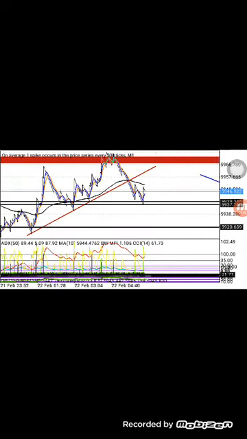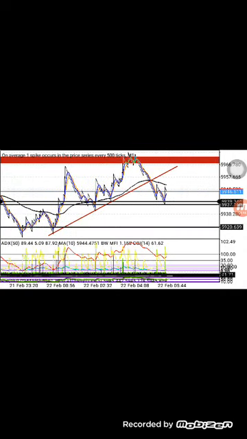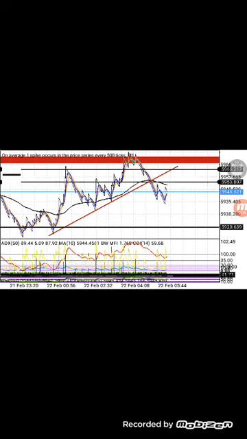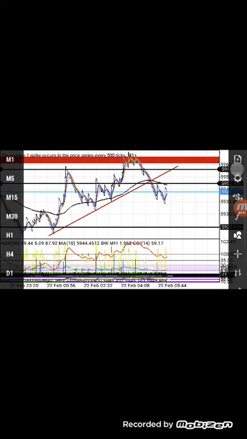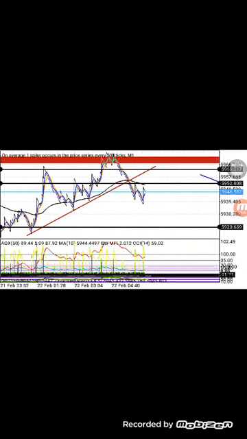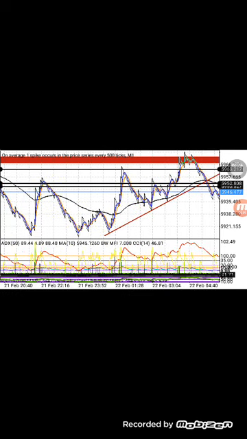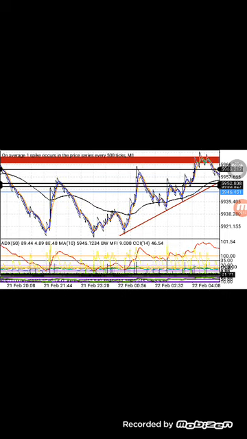This is 1 minute time frame. We should note and understand that all of these levels, all these spikes, they are resistance levels. This spike here at this point is a resistance level. At this point is a resistance level. Okay, at this point and the next spike here is a resistance level. So all of these spikes, all the spikes you see here, they are all levels, and sometimes they are effective,